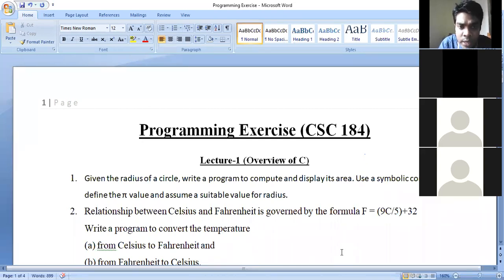In our chat box we have some questions, sir. These are important for the theory exam as well. Yes, theory and lab both. When will the lab exam happen? I will announce the date in the group. Don't worry, I will announce the lab exam date.